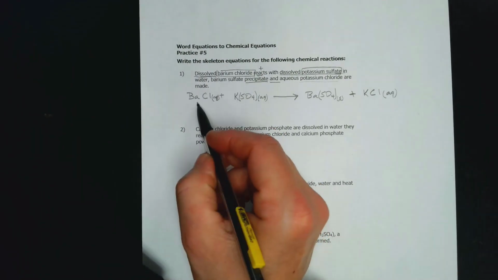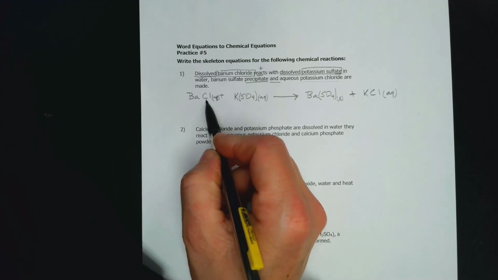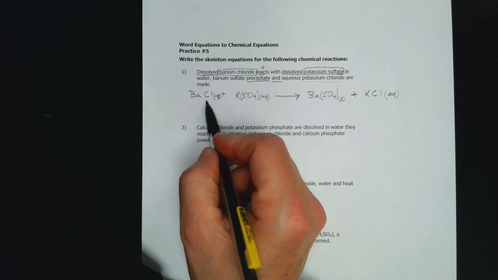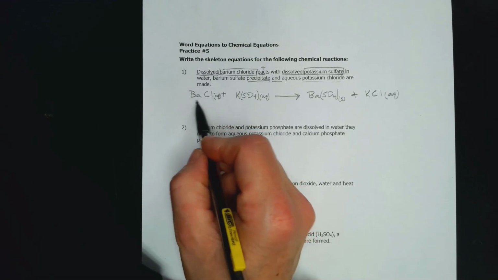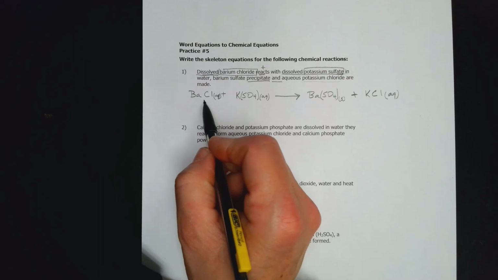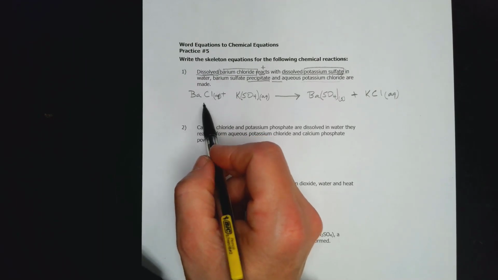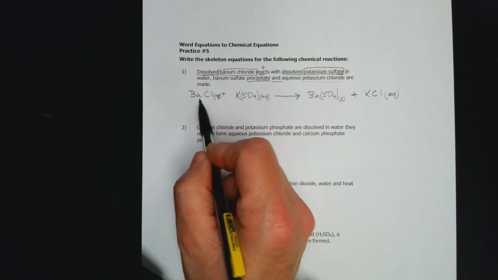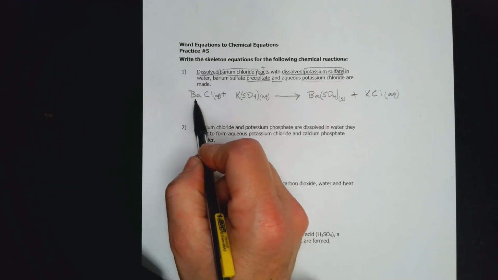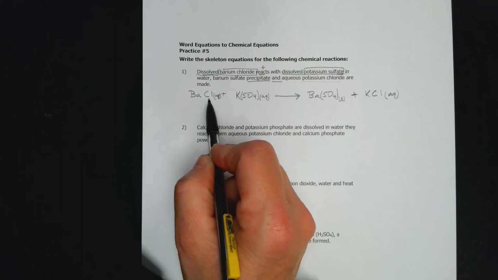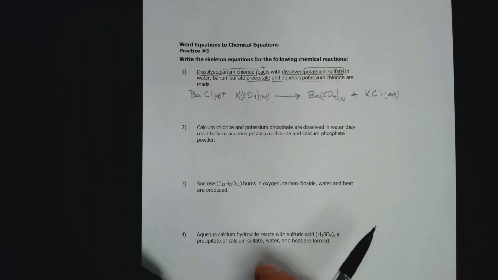And the first thing I have to remind myself is that barium chloride is ionic. And because it's ionic, I have to pay attention to the charge, because the overall electrical charge of this compound needs to be 0 because this is ionic. I know it's ionic because ionic compounds or ionic bonds are in place when we have a metal bonding with a nonmetal. Barium is one of the alkaline earth metals, which means it's a metal, and it's bonding with chlorine, which is a nonmetal. So we know this is ionic, which means that we need to have an overall electric